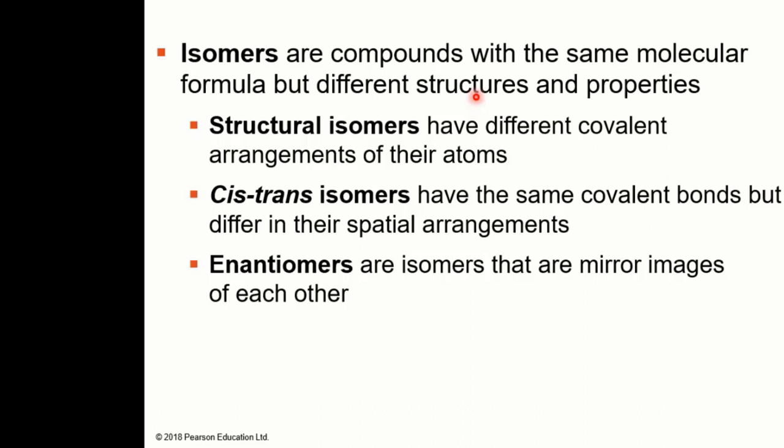So these isomers have the same molecular formula, but their structures are different and their properties are different. The structural isomers have different covalent arrangements of their atoms, while cis-trans isomers have the same covalent bonds, but they differ in their spatial arrangement. And there are